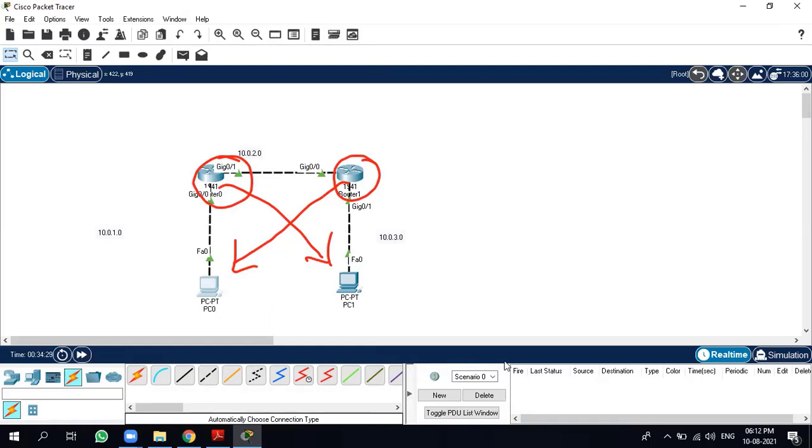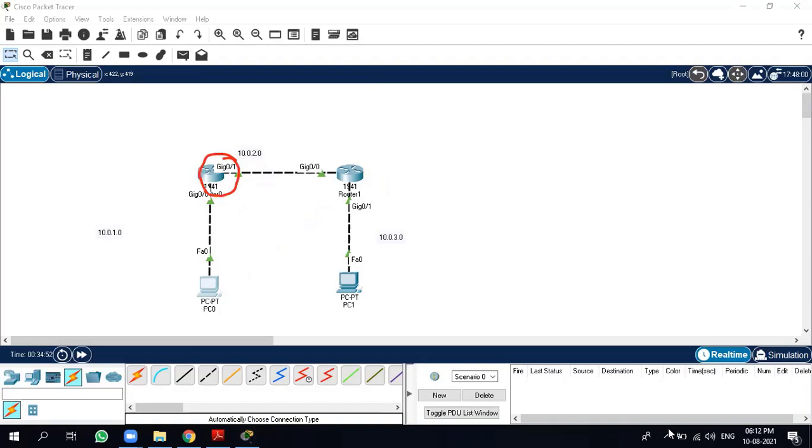What we need to do is, PC0 wants to communicate with PC1. In our case, the network is 10.0.3.0. This PC wants to communicate with this network. What we will do now, we will configure this. So here in this router, we will add this network. Remember the cross mark. This router is pointing towards this network. Router 0 is pointing towards the third network and router 1 is pointing towards the first network. So we will configure these two routers like this.